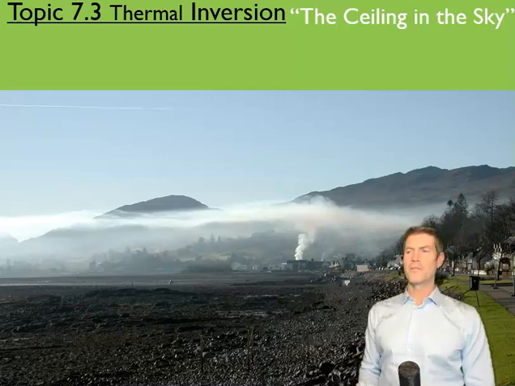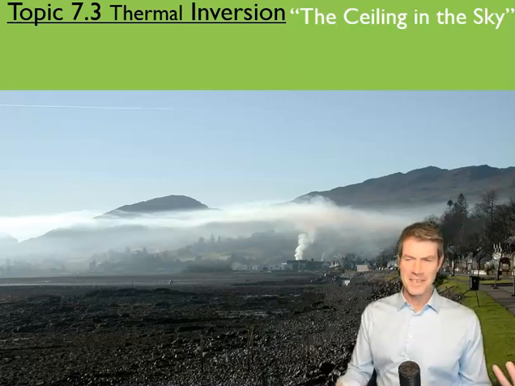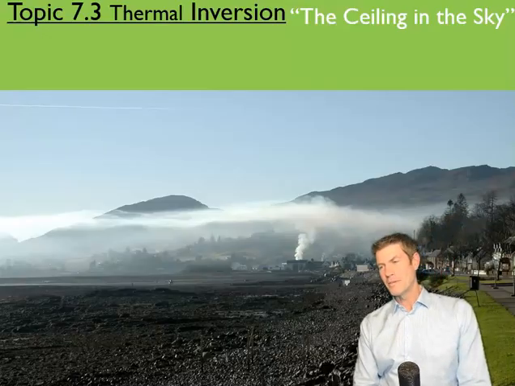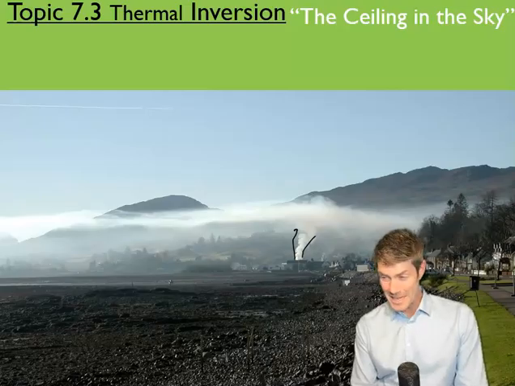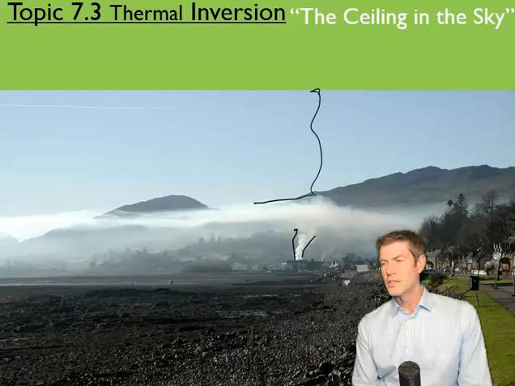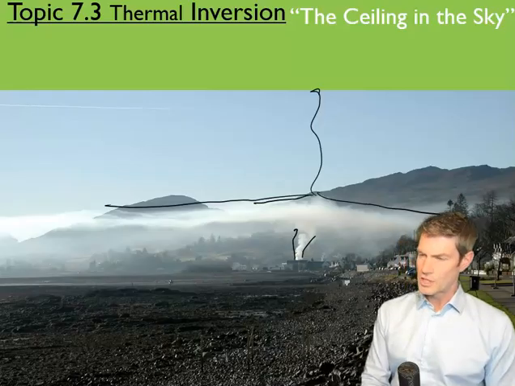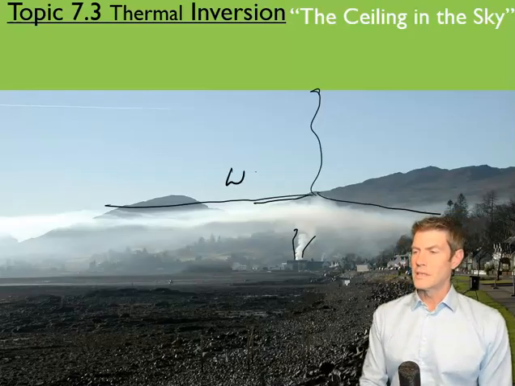Topic 7.3, thermal inversion, the ceiling in the sky. And we can see it. It's a nice example right here where some kind of ignition source, can't tell quite what that is, but instead of the smoke going up, it just hits an invisible layer and then just spreads out and just hangs. And what we'll see in a minute is that this is a warm layer of air